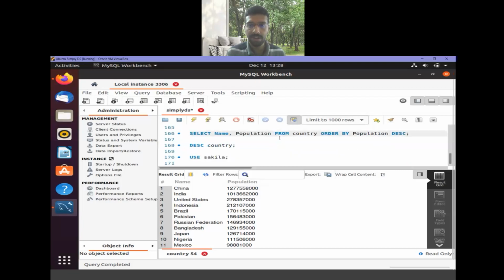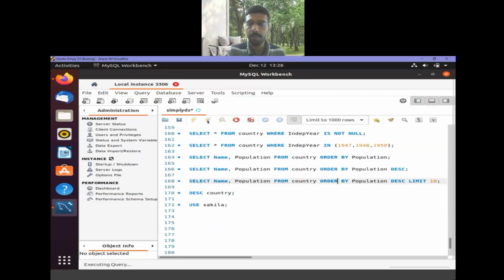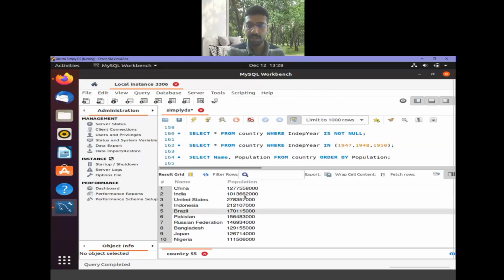For that I have another clause which allows me to limit the number of output entries: LIMIT followed by how many entries I want. LIMIT 10 will give me the top 10 countries in the world by population. I got only 10 rows in this output.